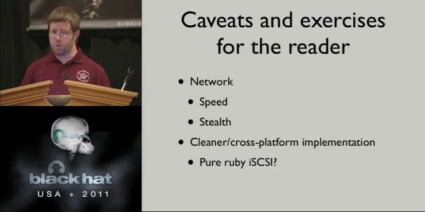You may even want to throttle it at some point to be a little more stealthy, because right now it just goes flat out however fast it can, which isn't brilliantly fast, but it's fast enough that if somebody was watching their network traffic very carefully, they'd be like, hey, that's my disk going by. So you may want to put some throttling in there. Right now it doesn't have all that. I'm assuming you know Ruby and you can hack that stuff in. As I need it, I might hack it in.